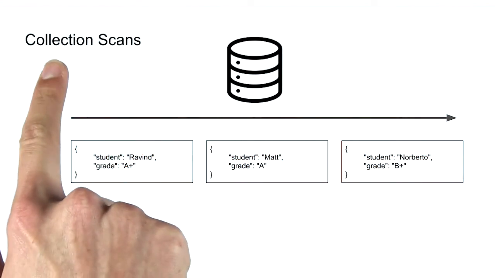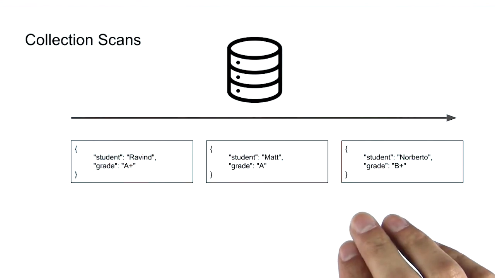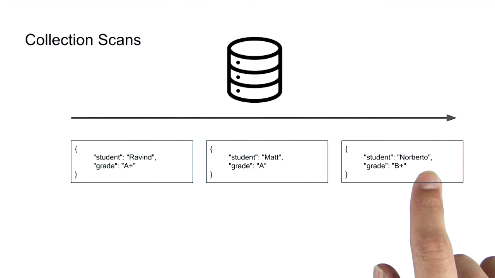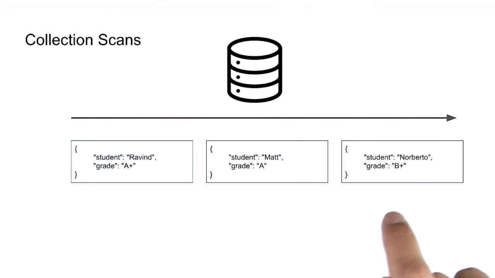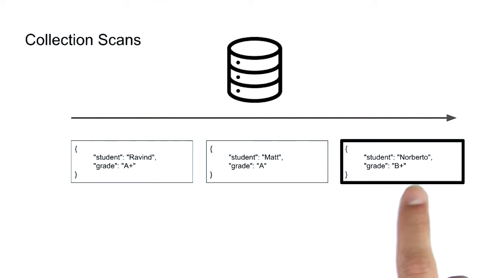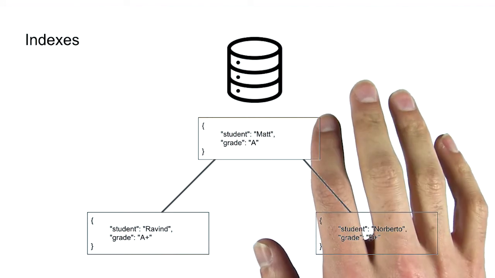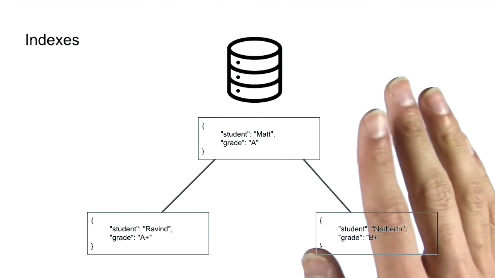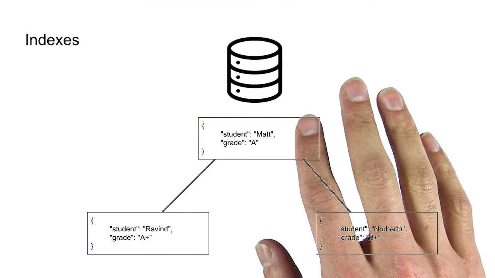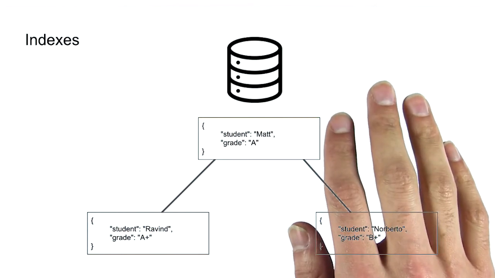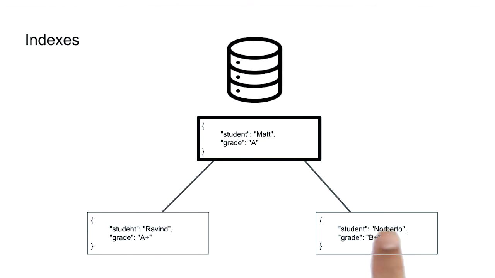This is called a collection scan, and it's very slow. For example, if our document is the last document in our collection, MongoDB will have to search through every other document before it gets to the one that it's looking for. Indexes provide an alternative to collection scans by organizing pieces of our data around a specific field or group of fields. So when a query uses one of the indexed fields, we can retrieve results for that query in fewer steps. However, indexes take up space in memory, so we shouldn't create an index unless it supports our queries.